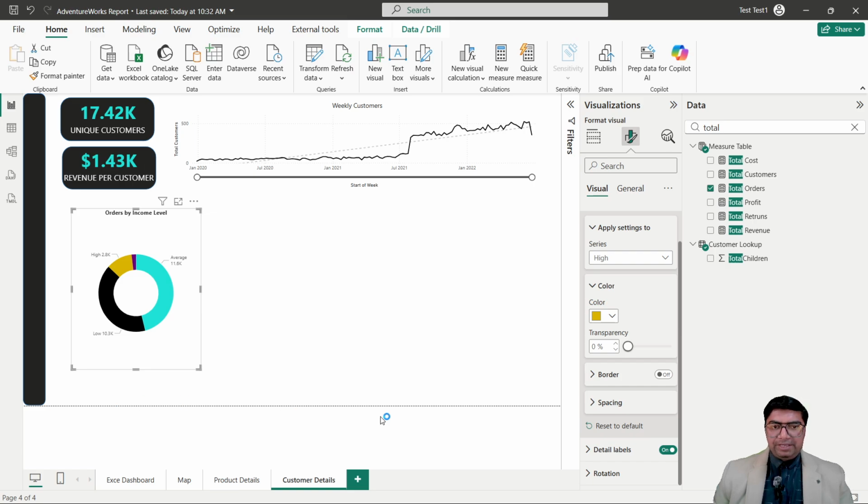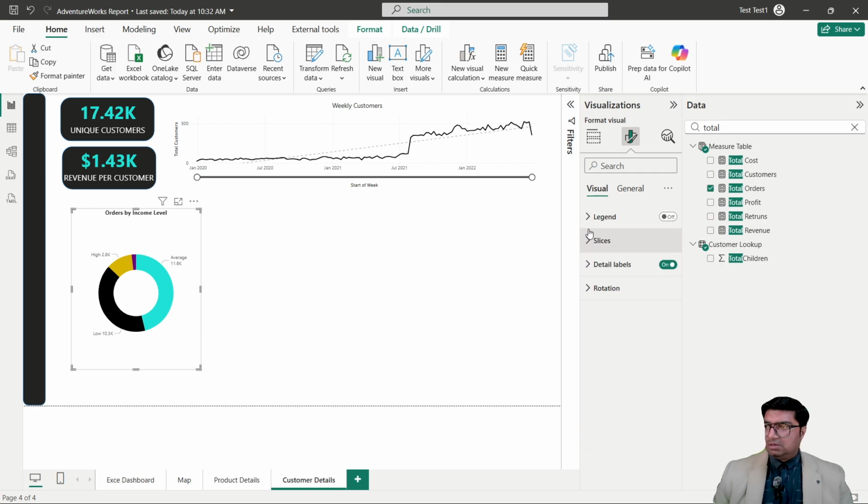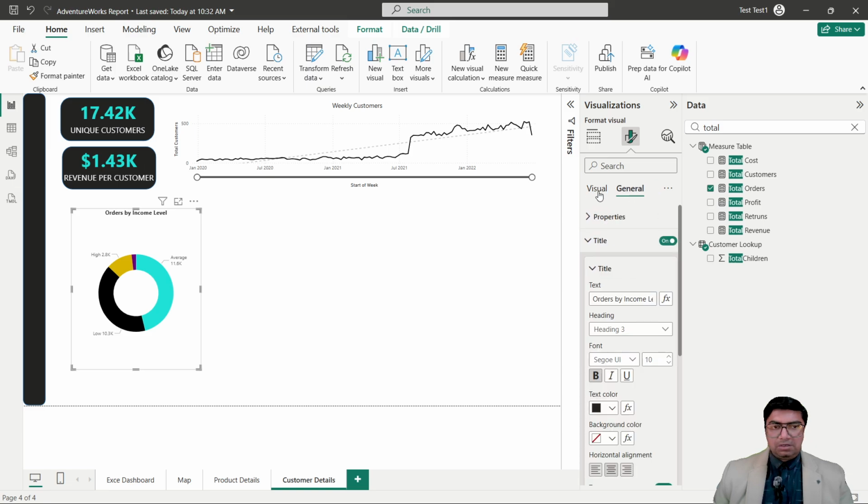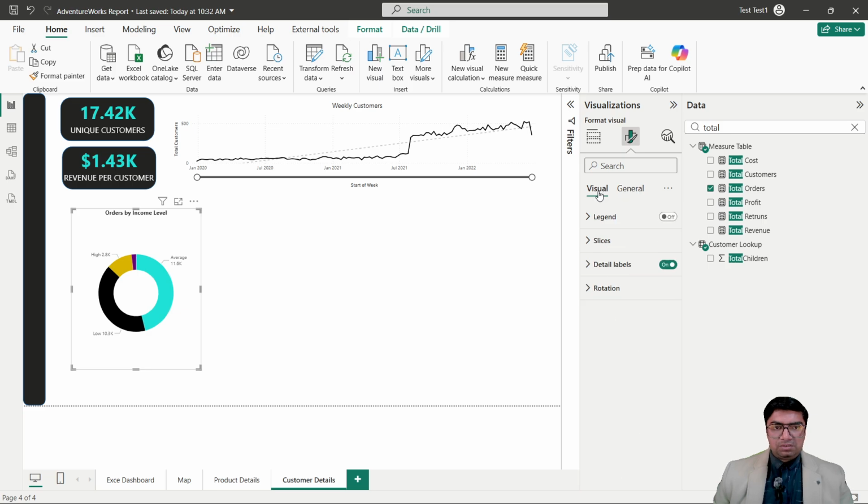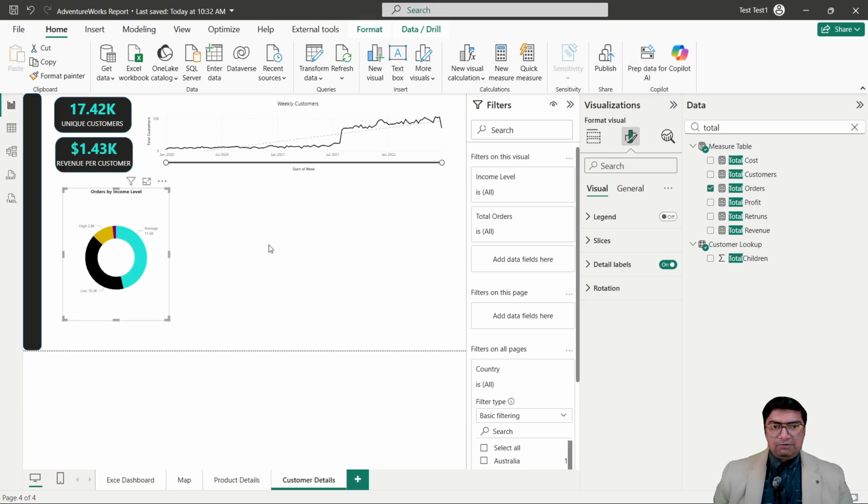Let's do some more formatting in the visual. Okay, I think we have done enough. So we need to add some filter on this. Just click here. We need to give the visual level filter, sorry, not the page level filter. So click any visual, check where the filter option is, and let's search